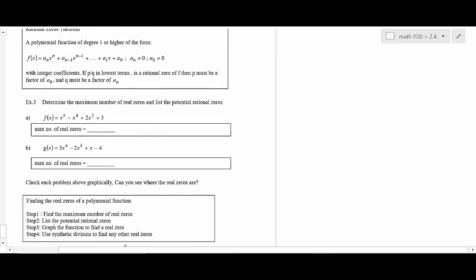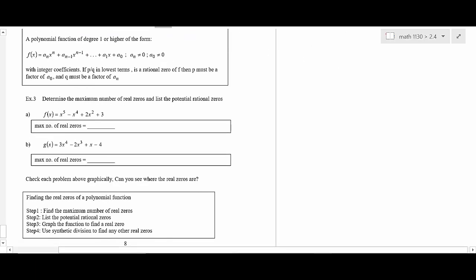And then this thing right here is just real simple. So how many zeros is this going to have? The maximum number of zeros it's going to have is 5. This one, the maximum number of zeros that it's going to have is going to be 4. Okay? And one thing that you can learn about when you're working this section is you can graph on your calculator, and that'll help you kind of see and understand what you're doing. Okay? All right, let me close this off and